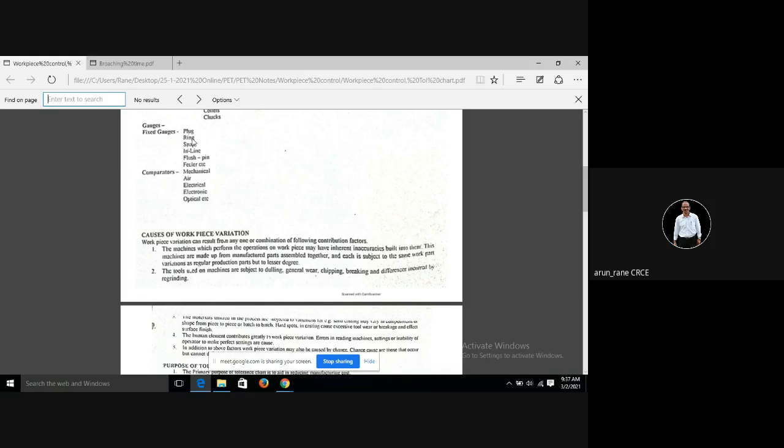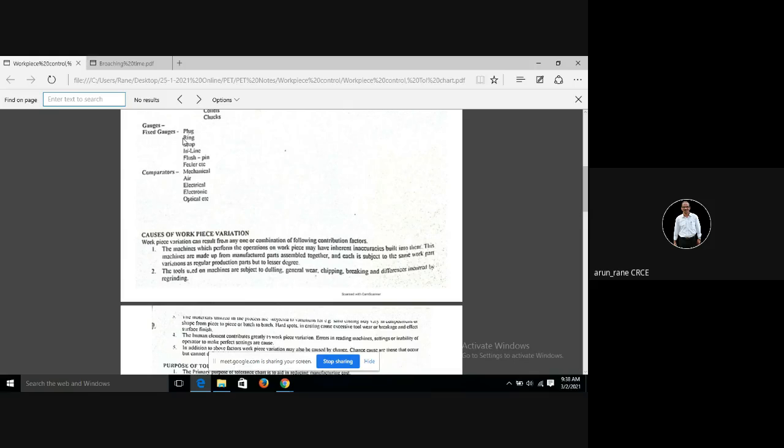But the ring gauge will have either go or no go. Ring gauges are not manufactured like go and no go together. So again, in ring gauge there are two criteria, that is, go should go and no go should not go. Usually, the ring gauges are used for checking the threads,